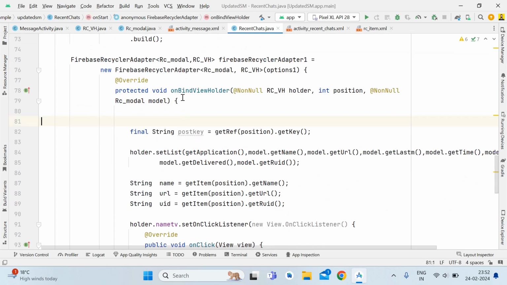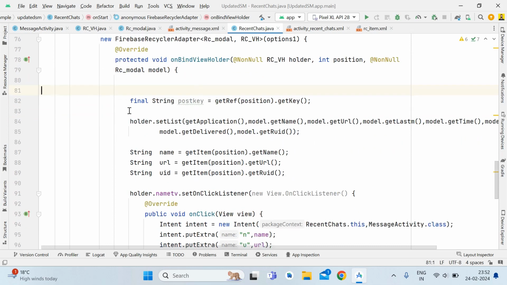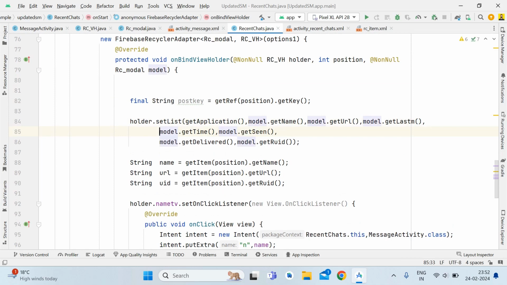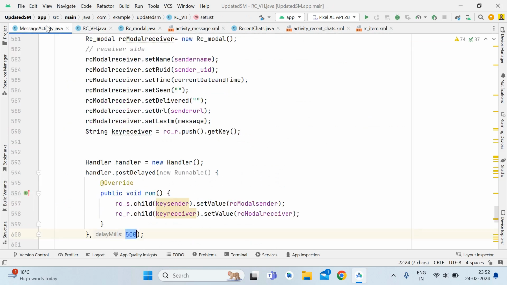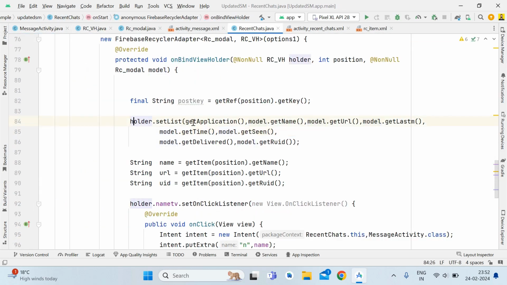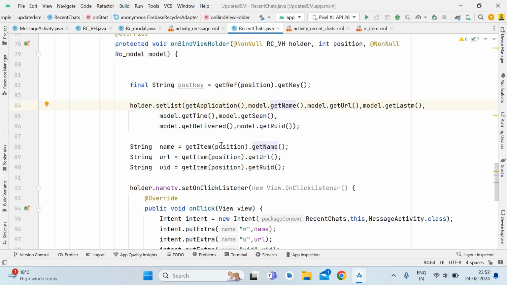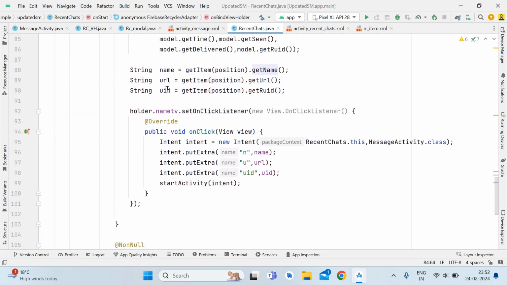Then later, inside this onBind method, simply call the method that we have created in the recycler view ViewHolder class, RVCH. We have to call this method. Okay, you can see that we have called it: holder.setList, get application model, get name, get URL, get last message, get time, get seen, get delivered, get RUID, name, URL, UID, then after that holder name TV,